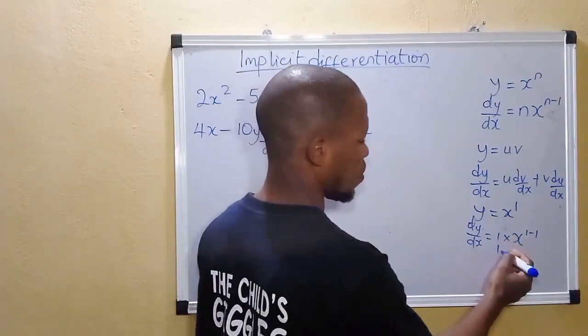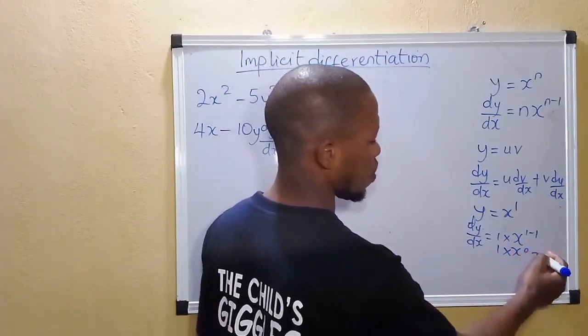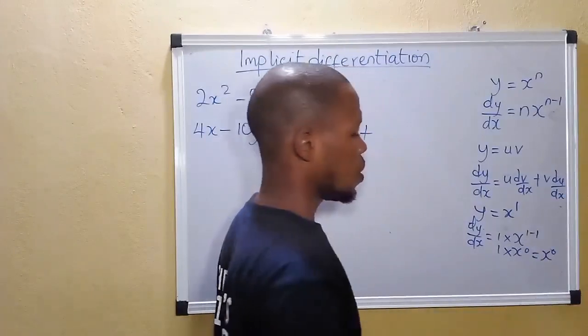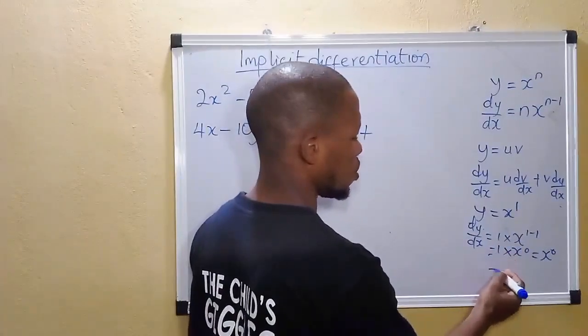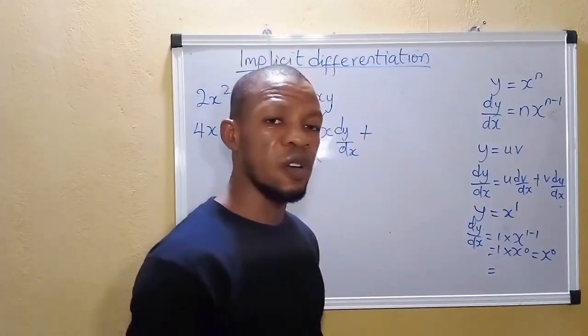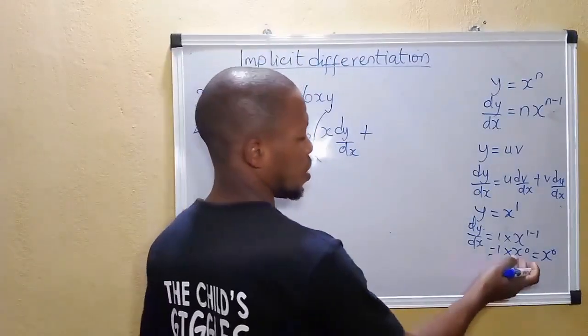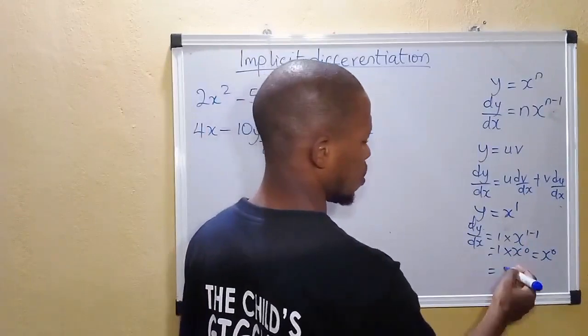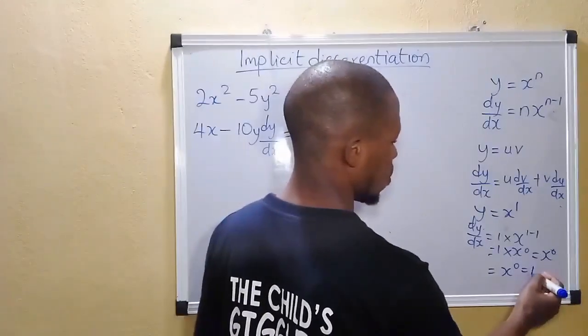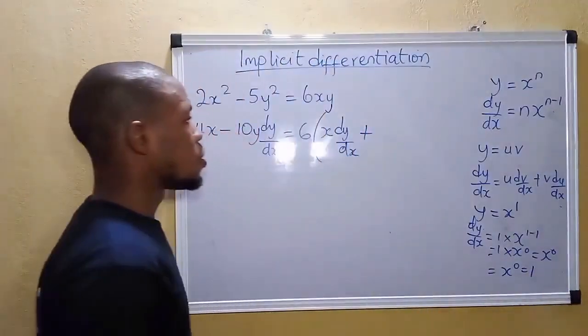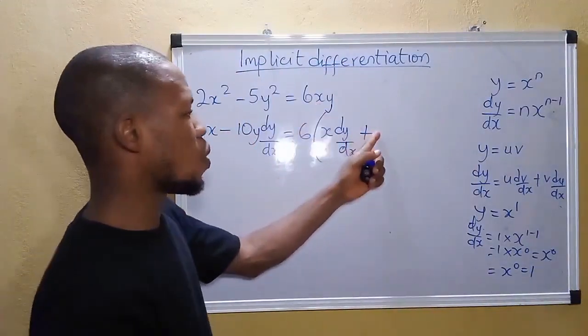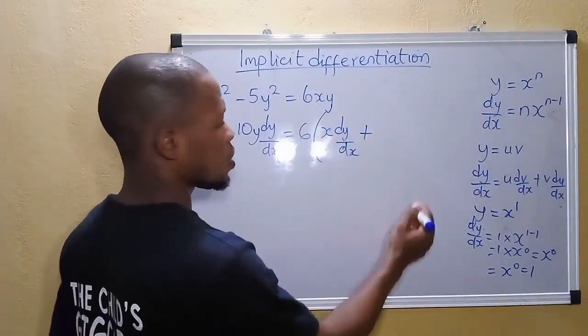It means that we are going to have 1 times x raised to the power 0 equal to x raised to the power 0. And according to the law of zero index under the topic indices, you understand that anything raised to the power 0 is 1. So x raised to the power 0 is equal to 1. So it means that the differential of x gives us 1. So we are going to have 1 times,